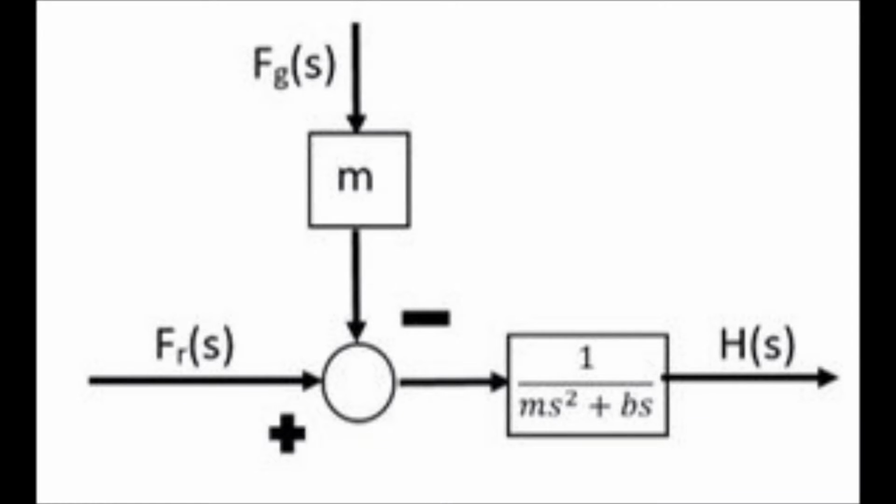From the picture on the screen, you can see that there is an input of F_r, a disturbance input of F_g, and this outputs to our transfer function. So we know from this that there's no feedback loop at first, there's no control of any outputs. So we knew that we'd have to develop a closed loop feedback system to have a good operating drone. So we first took into account our initial block diagram and developed a transfer function from this, which was